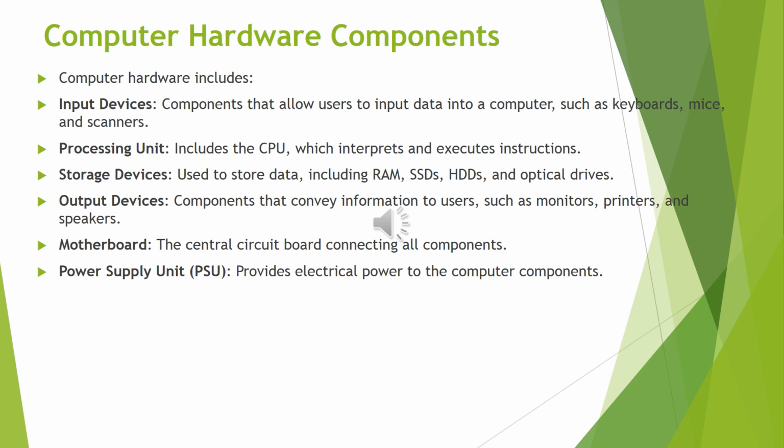Then we also look at the processing devices. We look at the CPU in general, which serves as the brain of the computer, and it's further subdivided into two. We have the ALU and the CU, which is the control unit. Then we look at the storage devices, where we look at the RAM, SSD, the hard disks,